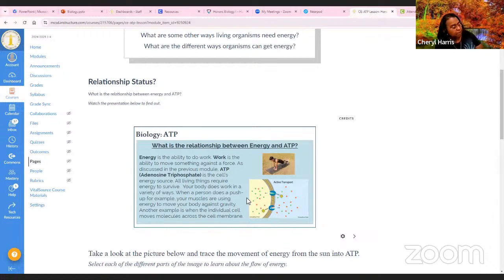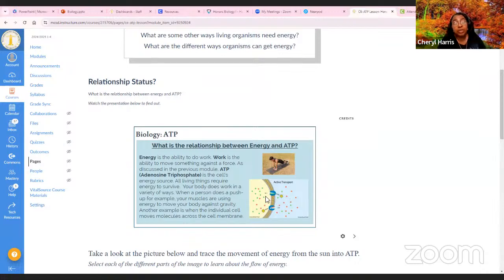ATP happens in the mitochondria. The energy factory in your cell is the mitochondria. And all the organelles in eukaryotes have membrane-bound organelles. So just like the cell membrane on the outside, the mitochondria has a membrane that holds all of its contents